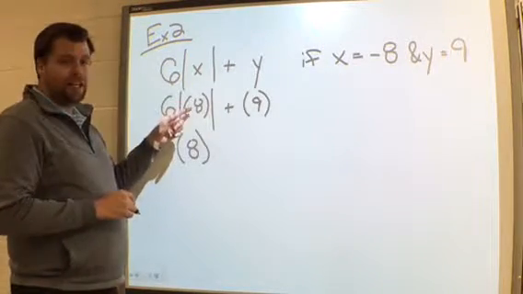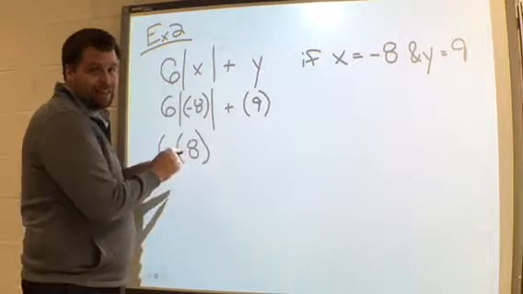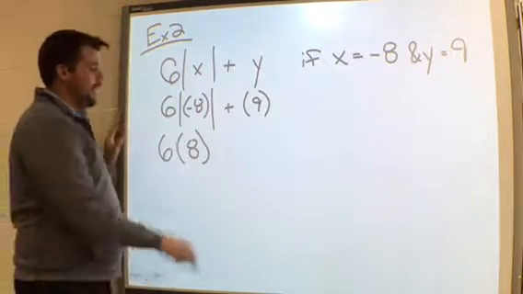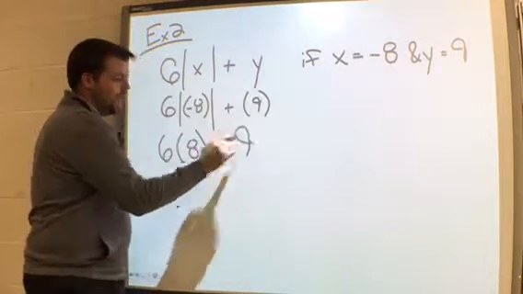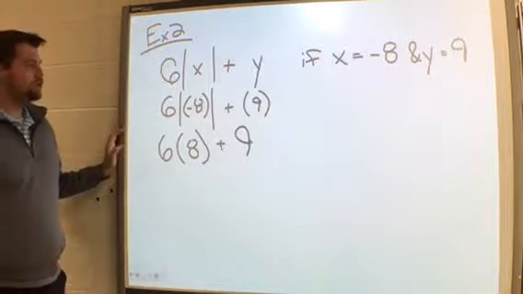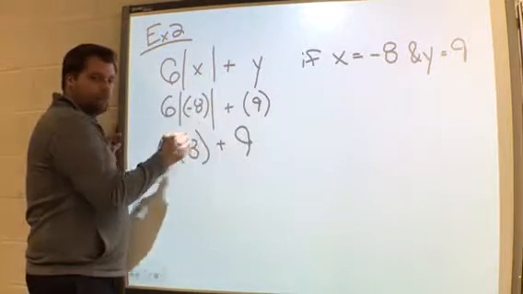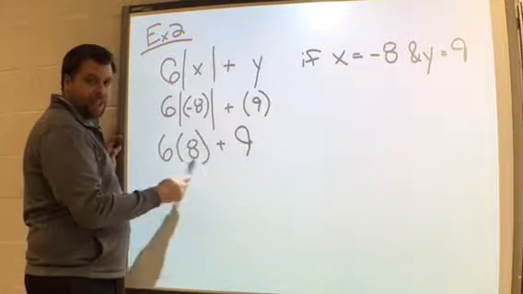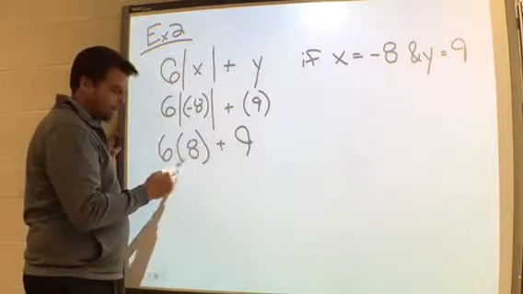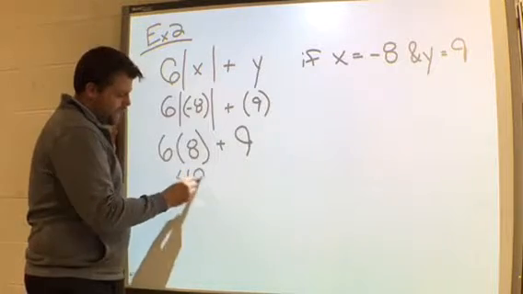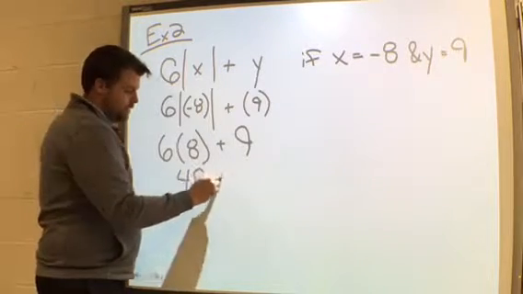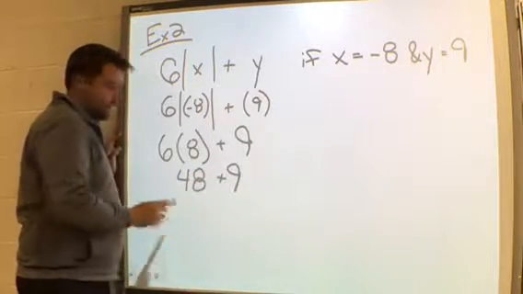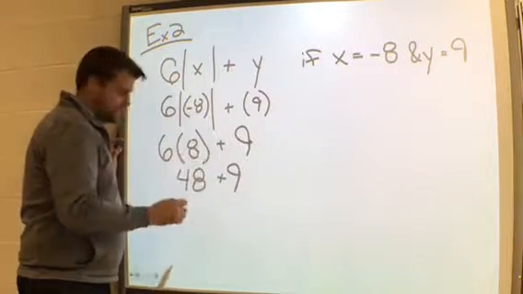But the absolute value of negative 8 was positive 8, and I need to write that before I move on. And then I have this plus 9. So I did the absolute value. Now I have to continue on, order of operations. I have multiplication here. 6 times 8, 48, plus 9. And then I can do addition. 48 plus 9,